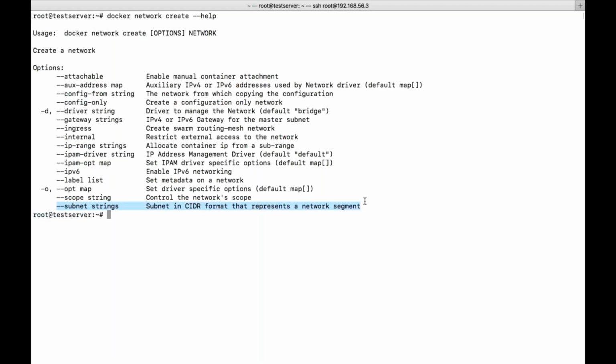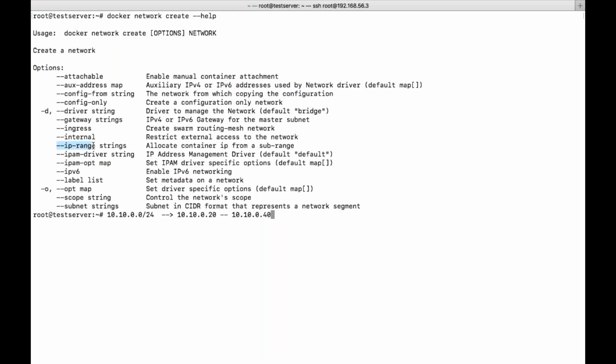And by default, a bridge will be created, so no need to specify. We are trying to create a bridge network. And if you want to have an IP range, then we need to give this option. Let us say out of this CIDR value 10.10.0.0/24, I want to use a range from 10.10.0.20 to 10.10.0.40. This is the only range which I want to use for the bridge network I am trying to create. Then we need to give this range option.